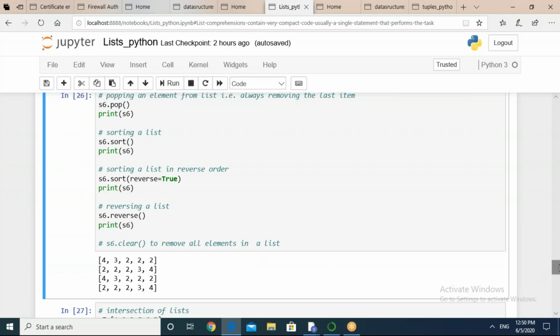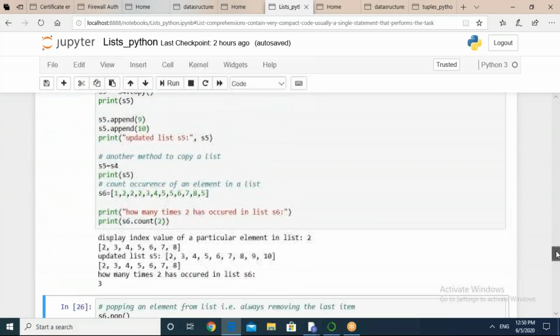So can you tell me why such a list is coming? 43222 and S6 was 1222, and there are so many other items also. I might have performed many operations earlier. So because of that, my list S6 kept on updating.